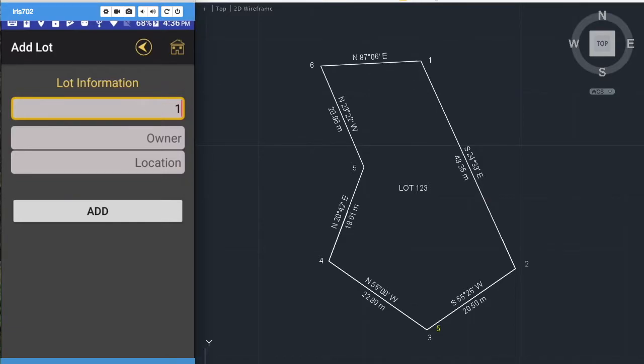So for the owner, let's say our owner is Mr. Juan de la Cruz. Now for the location, let's say our location will be Manila. Okay. So providing this information will help us later identify and remember kung saan at sino ang may-ari ng lot